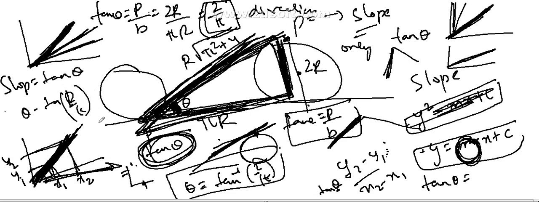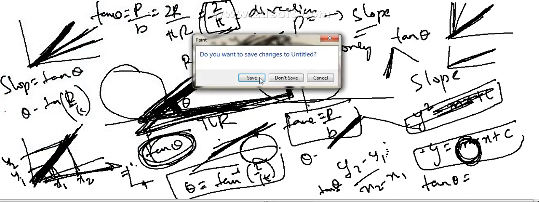Don't get confused. Don't tell theta is direction. Theta is only the angle between the hypotenuse and the ground. So what is the direction, sir? Again, you are getting confused. What I told you. This is the direction. Understood? Yes, sir. So if you want to find out the direction, it is the same as finding the slope, the tan theta.